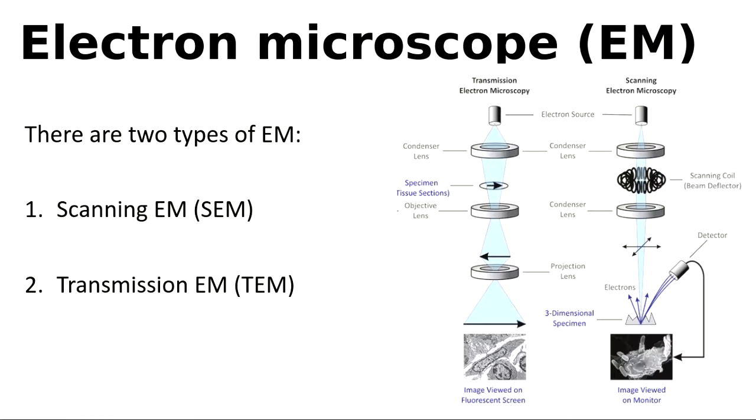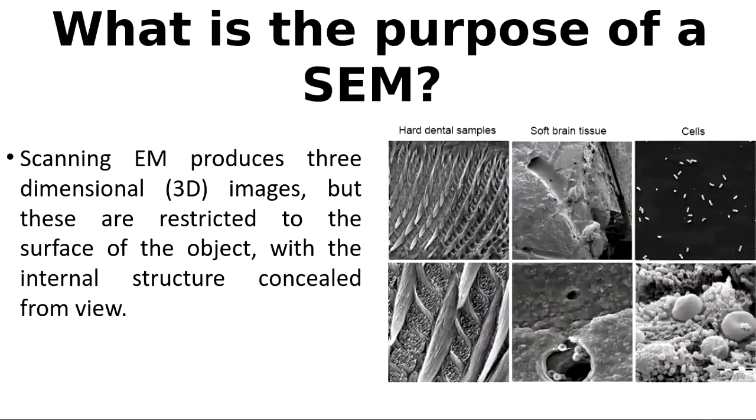Right, electron microscope, there are two types, scanning electron microscope and transmission electron microscope. If you remember the names, more than enough. In exam, we can ask, what are the two types of electron microscope? In quiz, if you write scanning electron microscope, transmission electron microscope, it's more than enough, because at undergraduation level, especially in second year, we don't want you to go very deep. Just know the basics. That is very important.